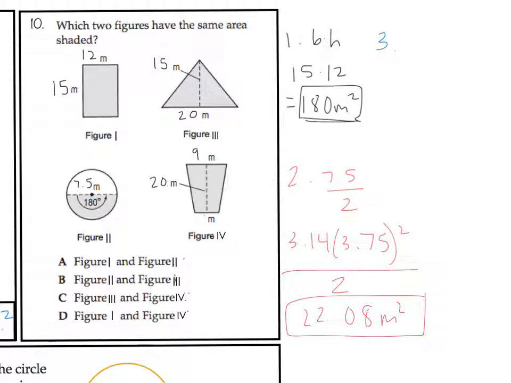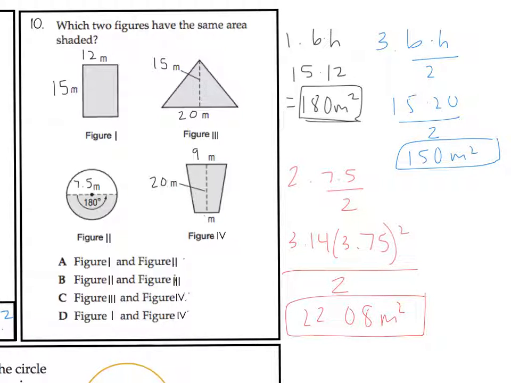Put that right here as a triangle. So base times height divided by 2. So let's see here, I have 15 times 20 divided by 2, and 15 times 20 divided by 2 is 150 meters squared. So it looks like 1, 2, and 3 are not the same, so I'll have to see